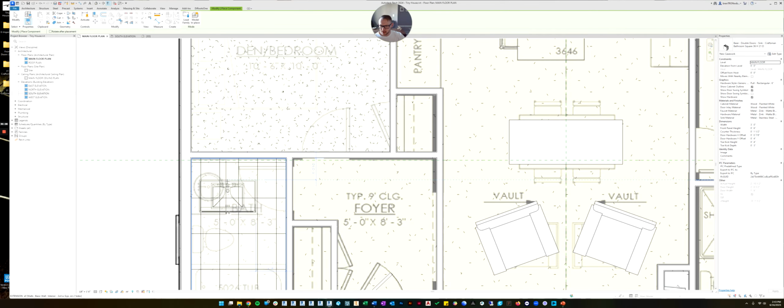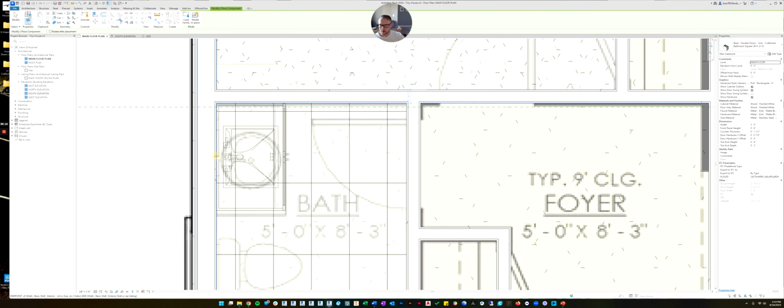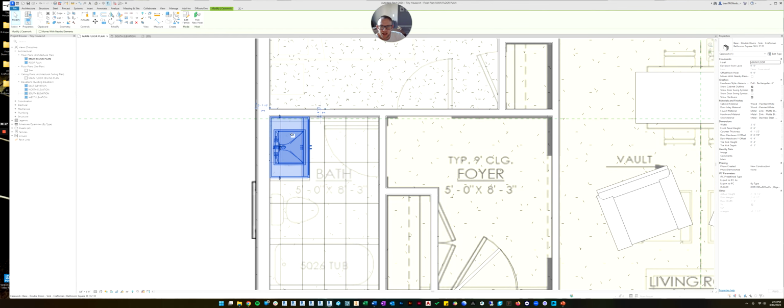So let's put it in this bathroom. I'm going to tab to turn it, and then I'm just going to place it right up against the wall. And then we can click on it, and you'll notice if you look over at its instance parameters, you can change the material, a lot of materials. You can change the cabinet material, the inlay material on the front panel, the faucet material, the hardware material, like the poles on the cabinet. You can change the sink material. And then there's a bunch of other settings.